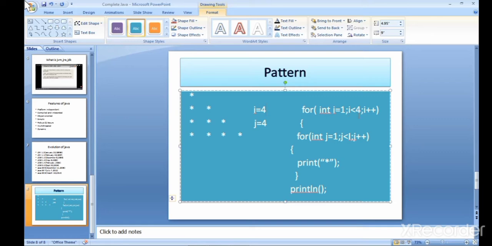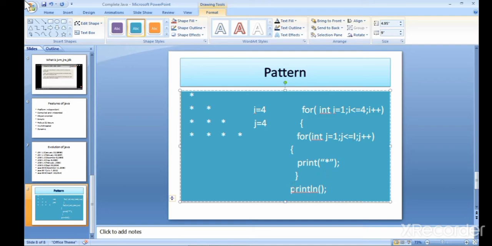Okay, after that it's checking the condition, which is I is less or equal to 4, then condition goes to true, and it comes into the second for loop, which is int j is equal to 1, it printed first star and increments the value of j, then it printed second star, and after that it incremented the value of j as 3, it printed the third star, and after that it incremented the value of j as 4, and it printed fourth star, and after that if it's incremented the value of j as 5, then condition will go false, and it comes to the outside of this for loop.